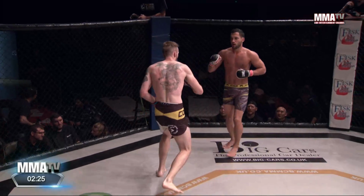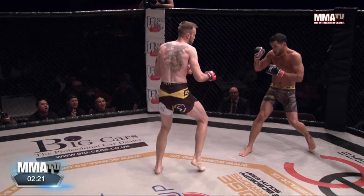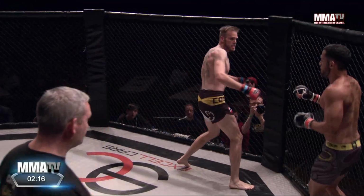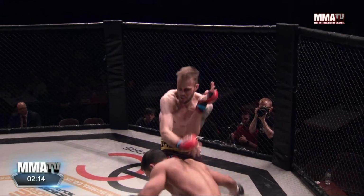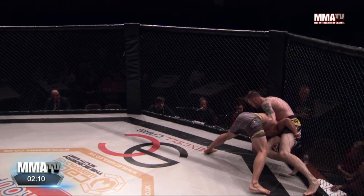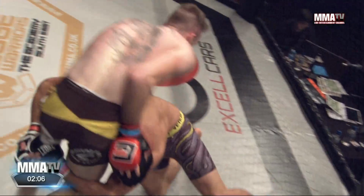Skogmann needs to maybe just consider throwing a few more like that straight down the pipe. Like I said, if I was in his corner, I would have said, hey, just throw that jab. Don't even worry about throwing the haymakers. Let's throw that jab. Carpentier ate a headshot 10 seconds ago, decided he didn't like it, and is